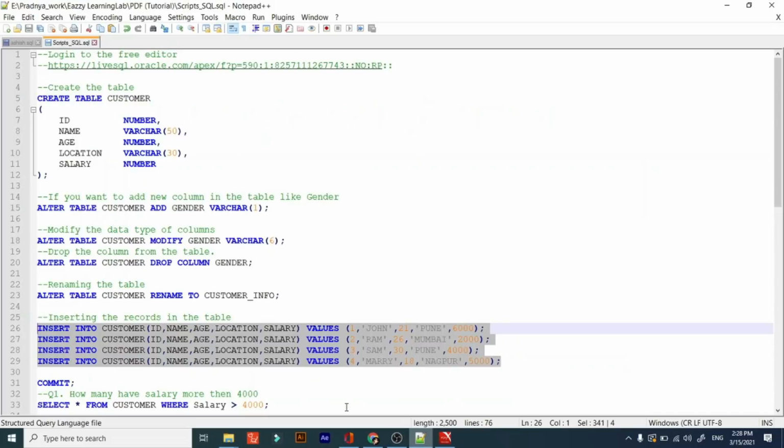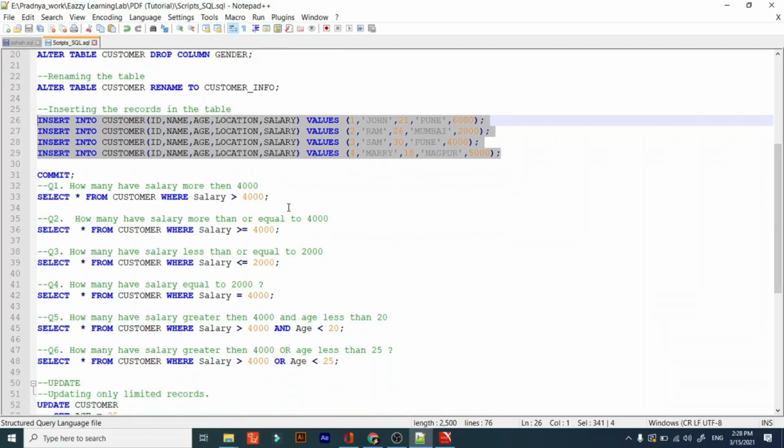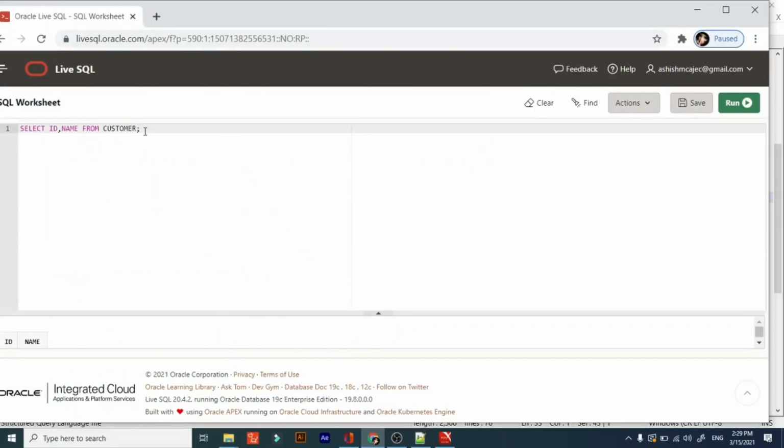Select star from customer where salary is greater than 4,000. Okay, let's execute it, run it.